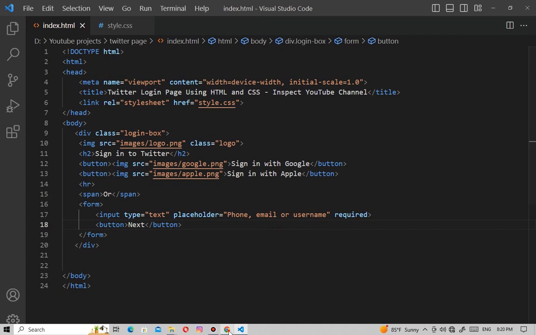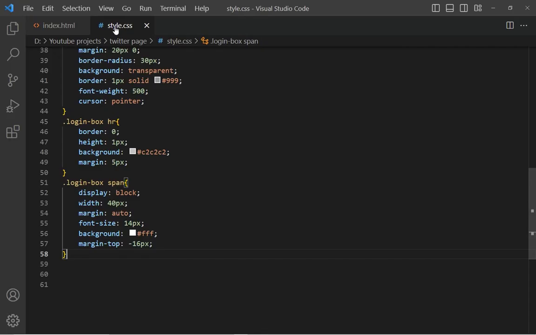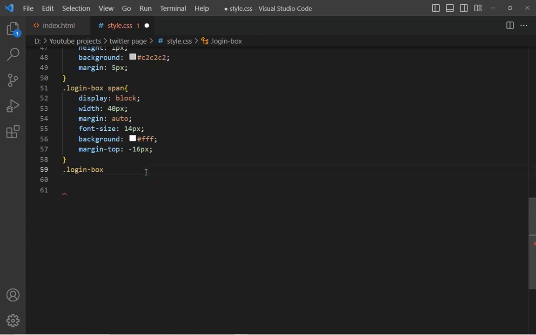That's it. Let's refresh the web page. You can see one input box and one button. We need to design these two things. So to design this input box, let's come to the CSS file, and here type dot login box